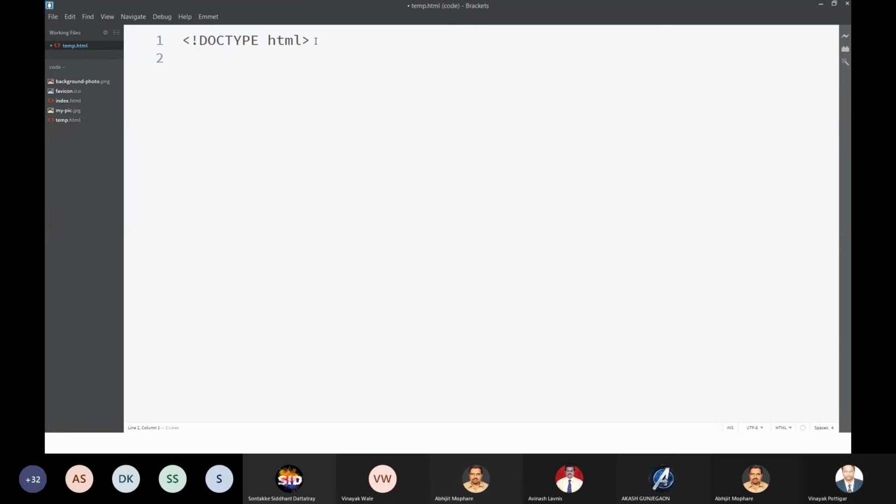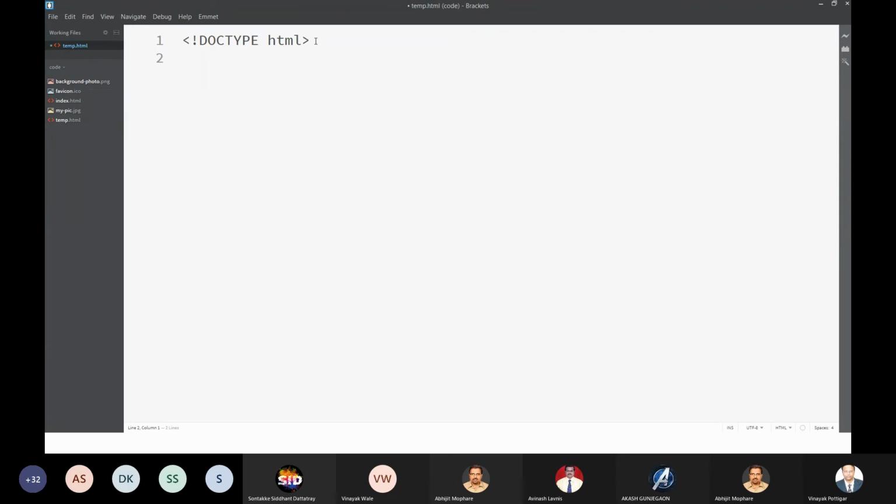Now the second line that you have to write in your HTML file: an HTML document is made up of HTML elements, right? So the first tag that you have to write down is html. This is the root of all the elements. This is the parent of all the elements. All the elements come within this html tag. It encompasses all the elements as its body, right? So this is the first tag you have to type. I will demonstrate how to do that. You can't see my keyboard, but I will just talk through what I'm doing.